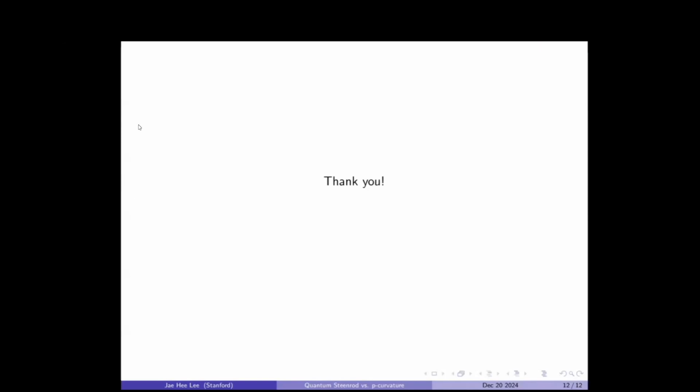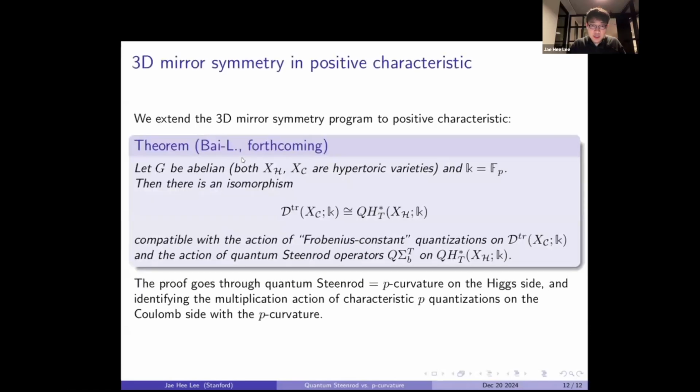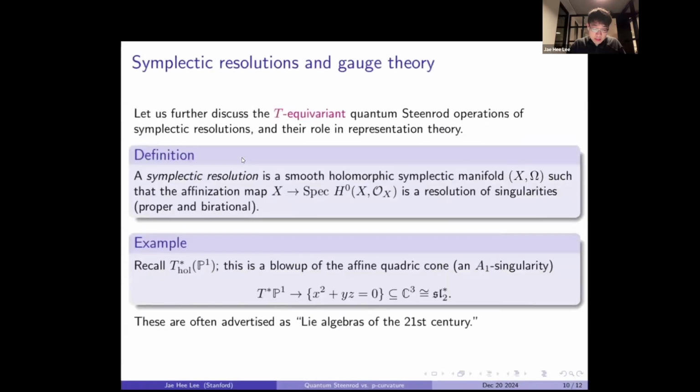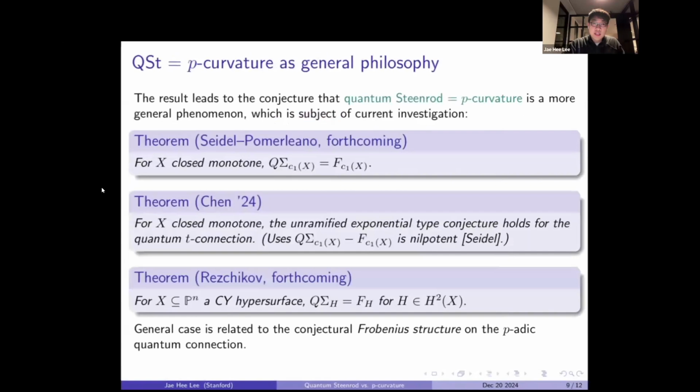Could you please explain what this unramified exponential type conjecture is? Yes, so the unramified exponential type conjecture is something that studies the formal singularity type of the quantum T connection. So the quantum T connection is closely related to the quantum connection in this closed monotone case. So in the closed monotone symplectic manifold, you can write down the quantum connection in the c1 direction that I described. And then you can do a